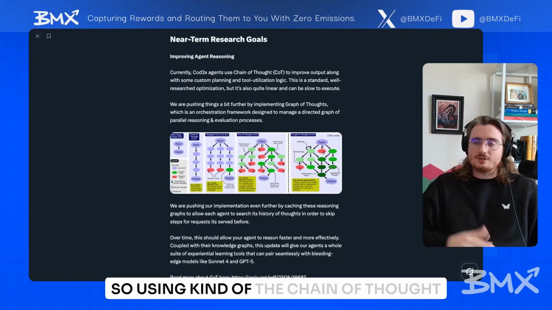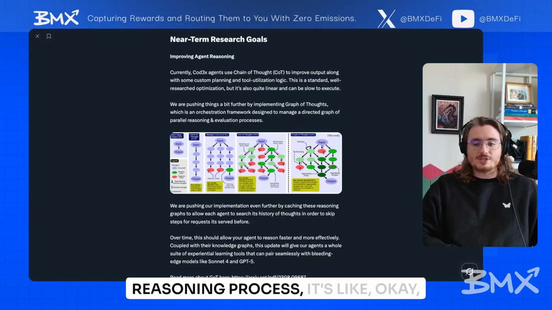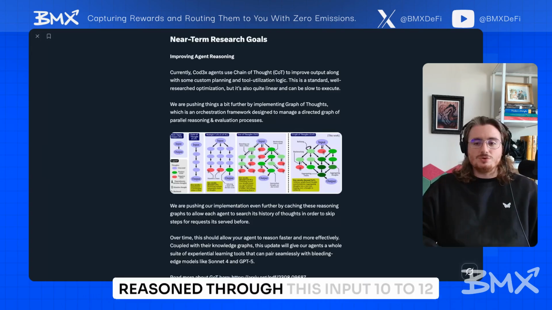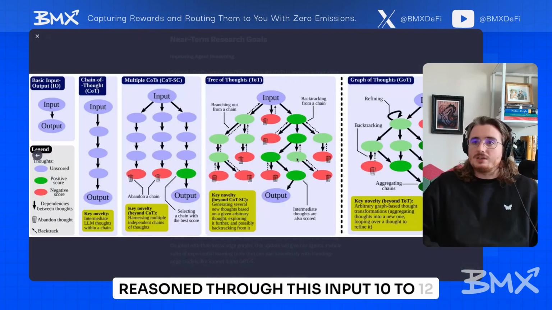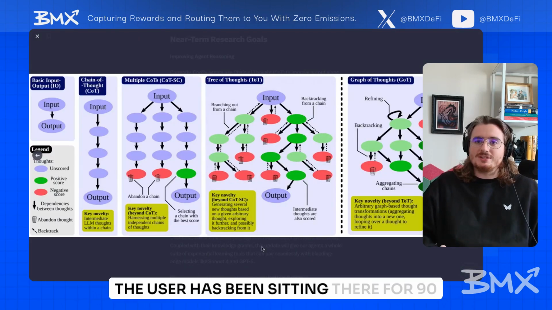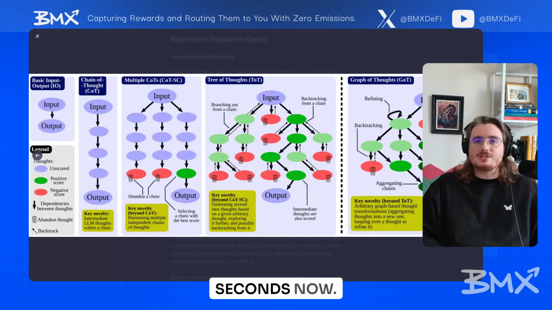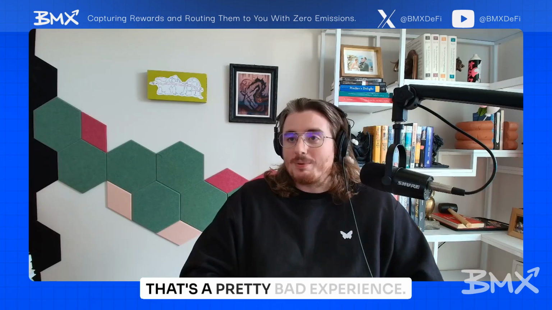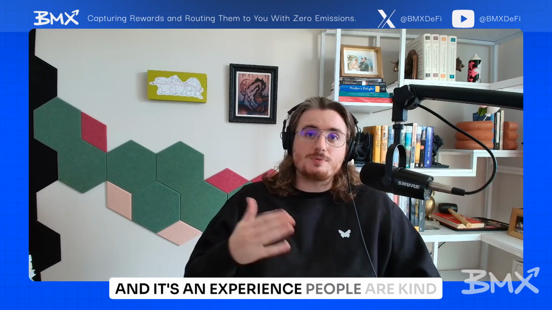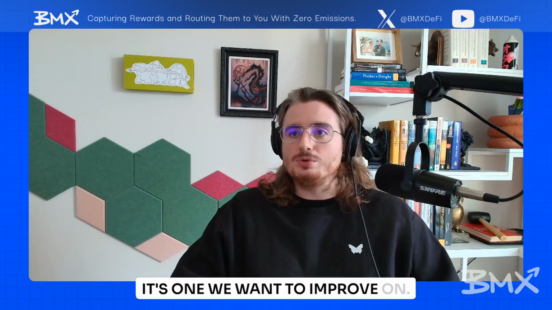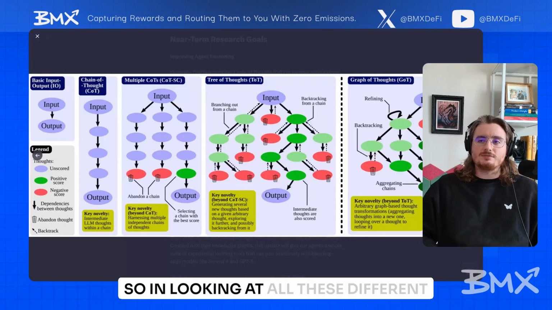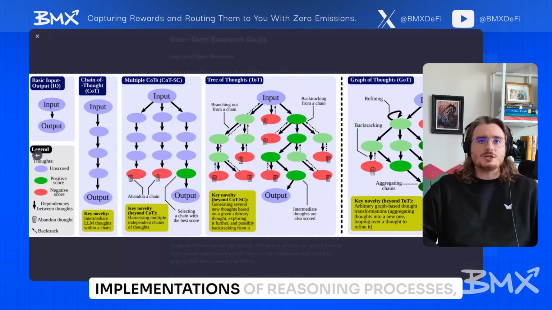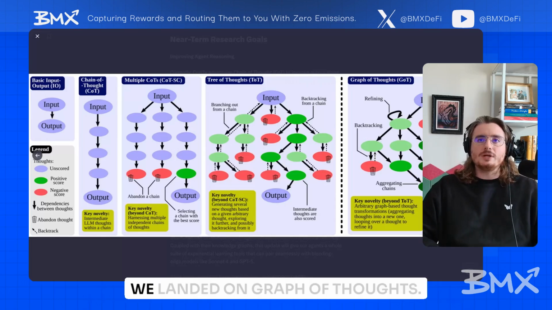So using the chain of thought reasoning process, it's like, okay, reason through this input 10 to 12 times. The user has been sitting there for 90 seconds now. That's a pretty bad experience. And it's an experience people are kind of used to by now with AI products, but it's one we want to improve on. So in looking at all these different implementations of reasoning processes, we landed on Graph